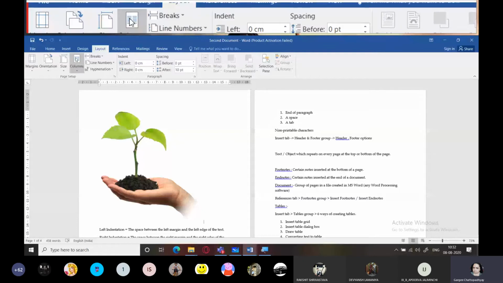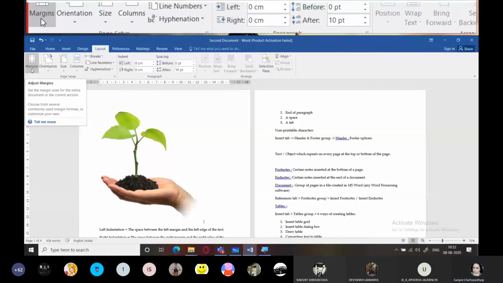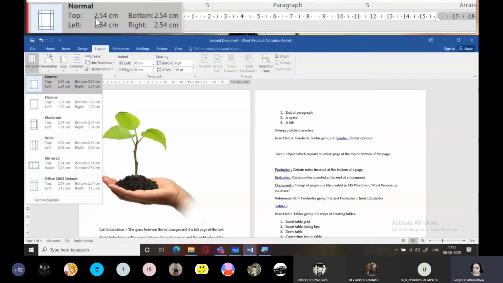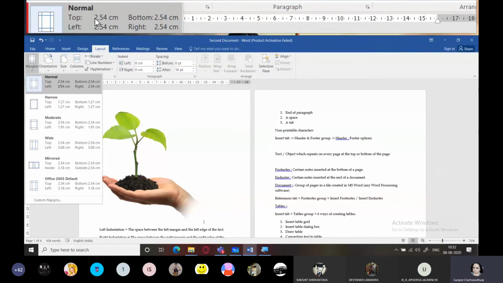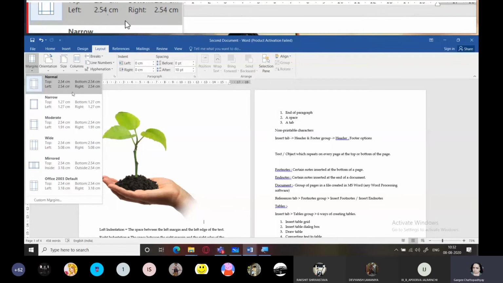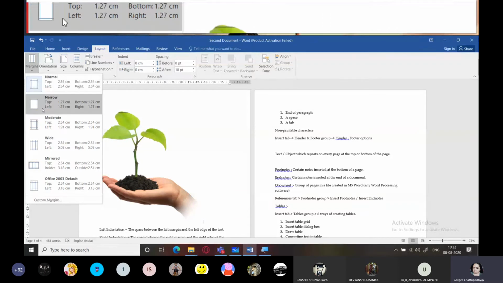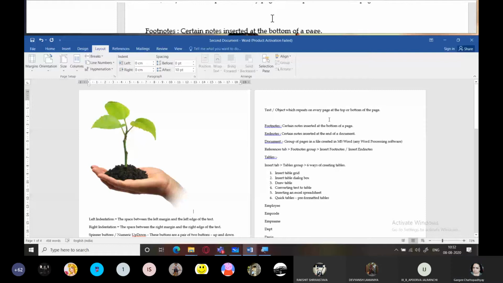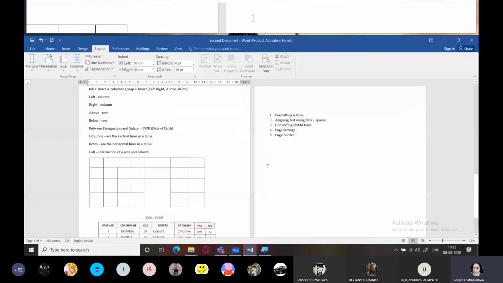Now in this, the first option is margins. Right now the margin is normal, that is 1 inch, where 1 inch equals 2.54 centimeters. So it is 1 inch from all the sides. I can make it narrow. You can see how it becomes narrow. Now more text can be accommodated in a page.